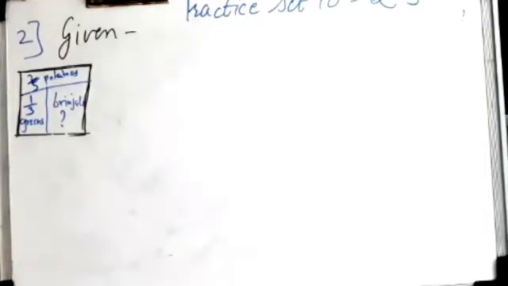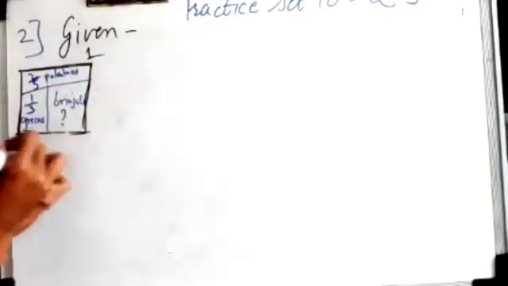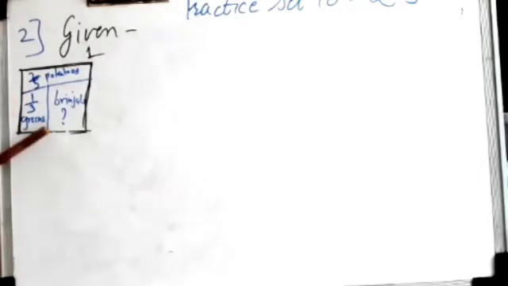See students, if you draw the figures according to the given information, it will be clear to you. Now this is the one garden. Her garden, full garden means full part means one. She has one garden, so I have written one garden. Then in that garden, she has planted 2/5 part of potatoes and 1/3 part is greens. And the remaining part she has planted as the brinjals.